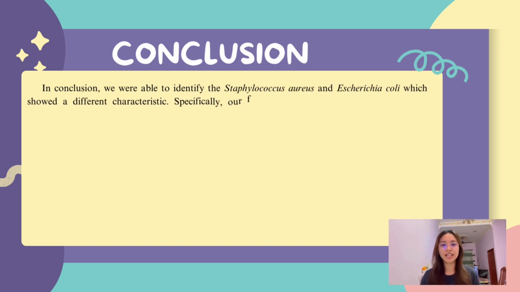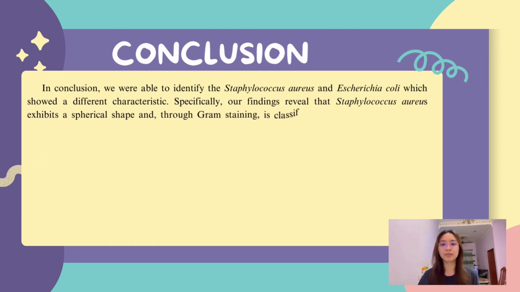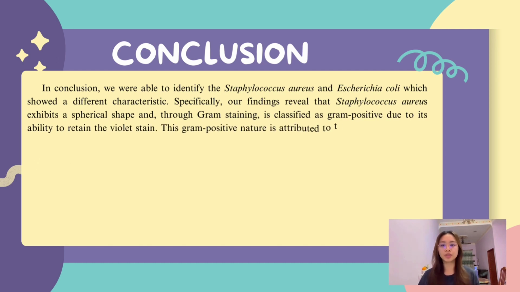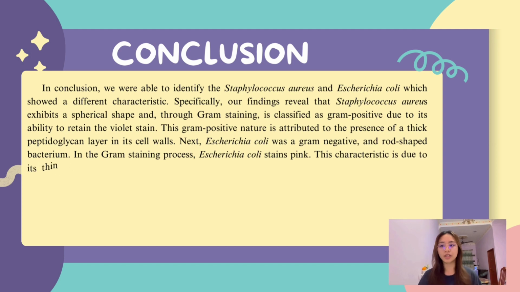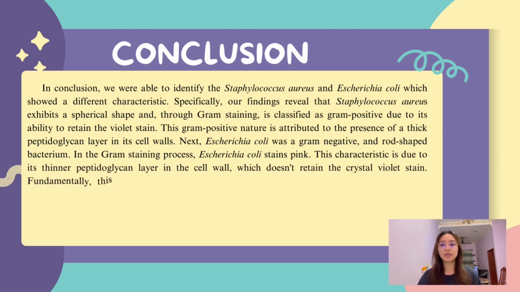From our observation, Staphylococcus aureus exhibits a spherical shape through gram staining. It is classified as gram-positive due to its ability to retain the violet stain. This gram-positive nature was attributed to the presence of a thick peptidoglycan layer in its cell wall. Next, Escherichia coli was a gram-negative and a rod-shaped bacterium. In the gram staining process, Escherichia coli will stain pink. This characteristic is due to its thinner peptidoglycan layer in the cell wall, which does not retain the crystal violet